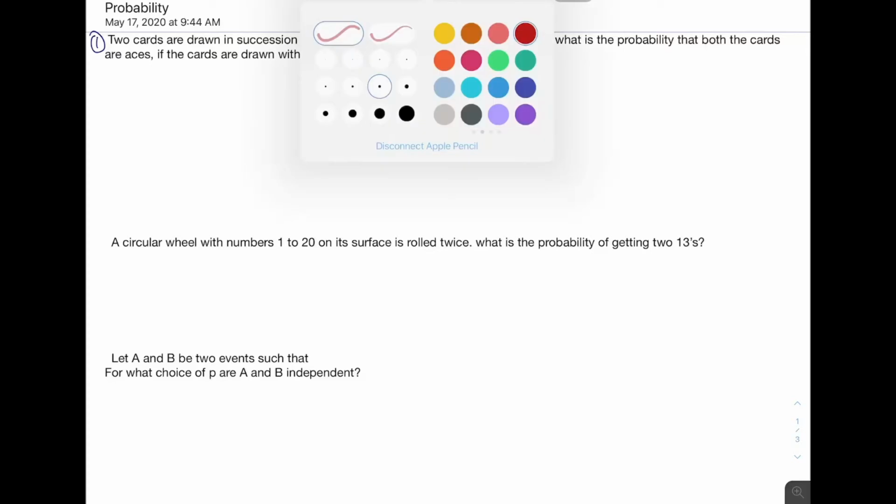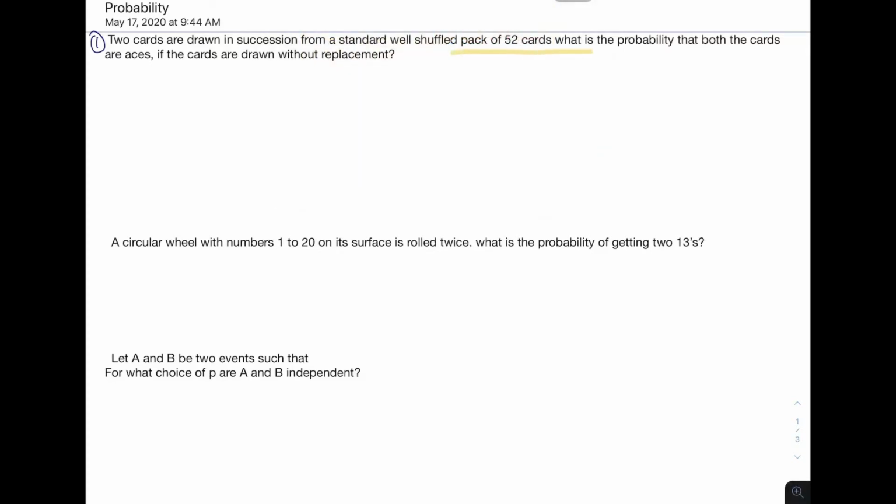Examples on probability. Two cards are drawn in succession from a standard well shuffled pack of 52 cards. What is the probability that both the cards are aces if the cards are drawn without replacement? So the options here are